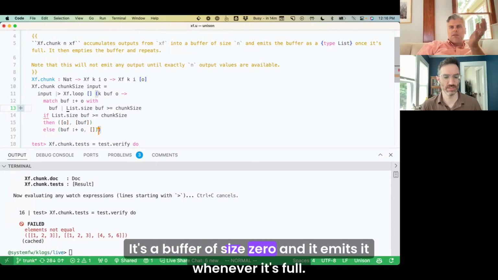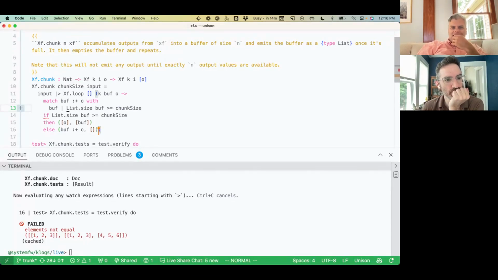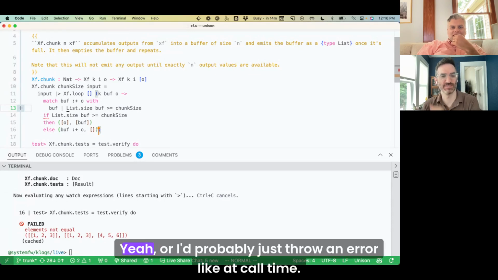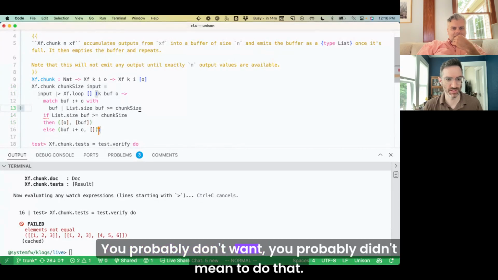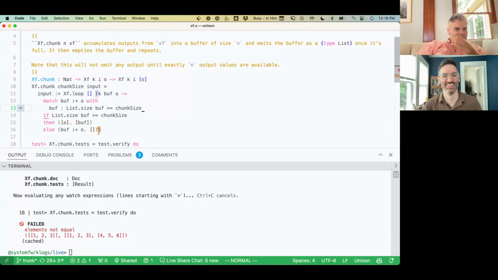It's a buffer of size 0, and it emits it whenever it's full. Or I'd probably just throw an error at call time. You probably didn't mean to do that. Maybe. Or I don't know.